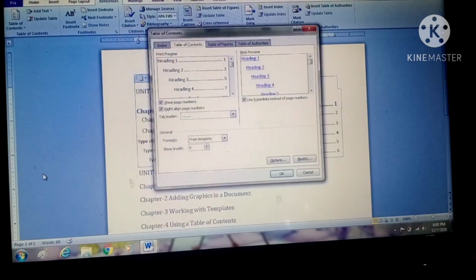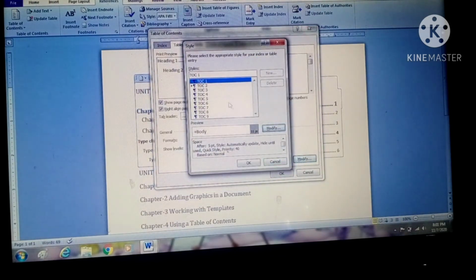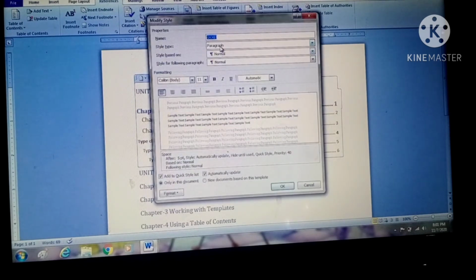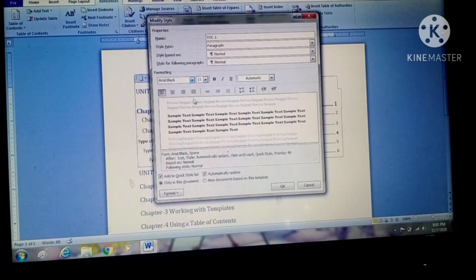Insert table of content, I have done level 2. Modify table of content, it's okay. Then modify, then table of content. Font size I am changing, Arial Black, and it should be 16.